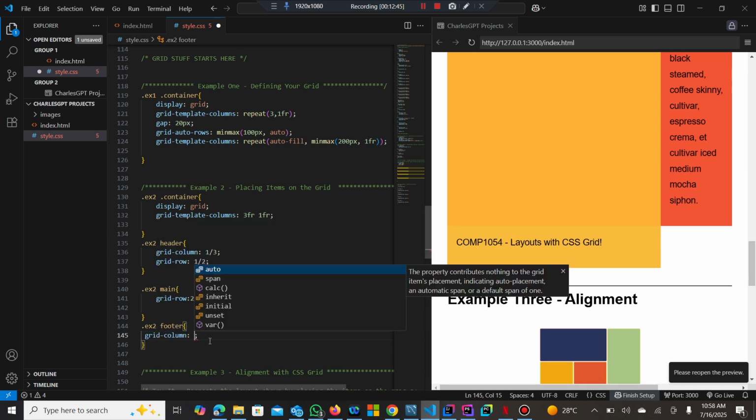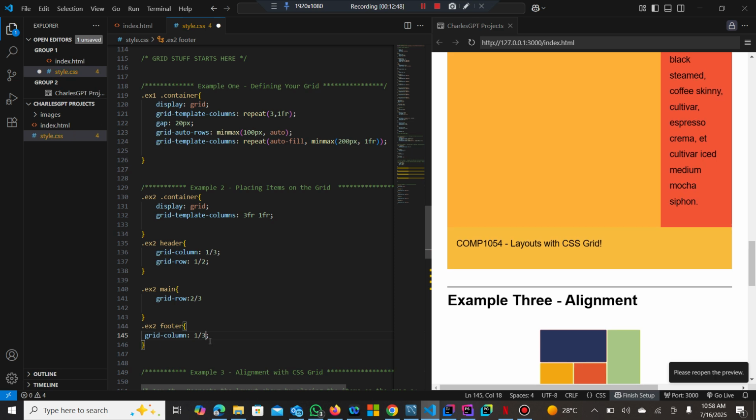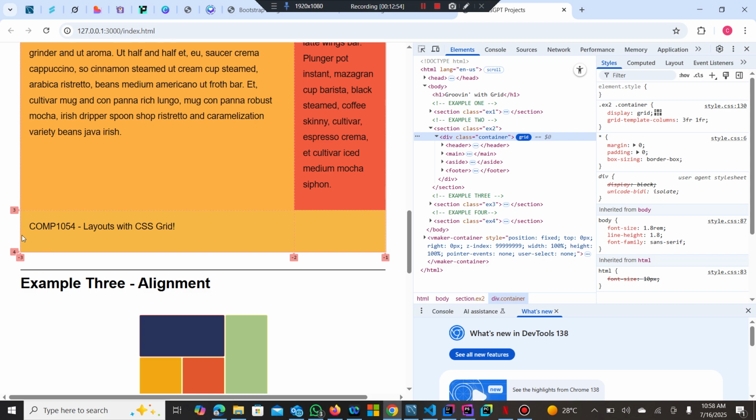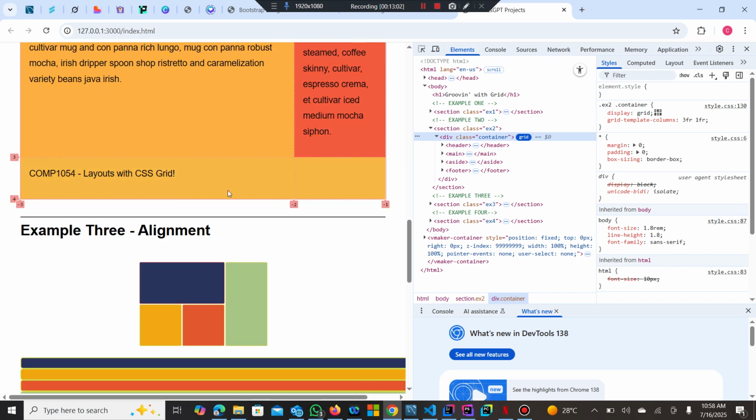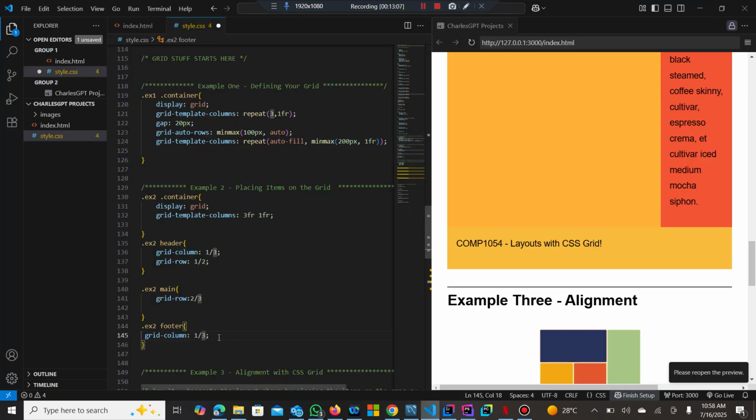Either you do 1/3, it covers up because this is 1 and 3. Let's go and check in our browser. So you can make it 1, 2, 3 as well, like something like this. Since the header has already covered 1, 2, 3, the footer can cover 1, 2, 3. But the easiest way you see people doing is just,